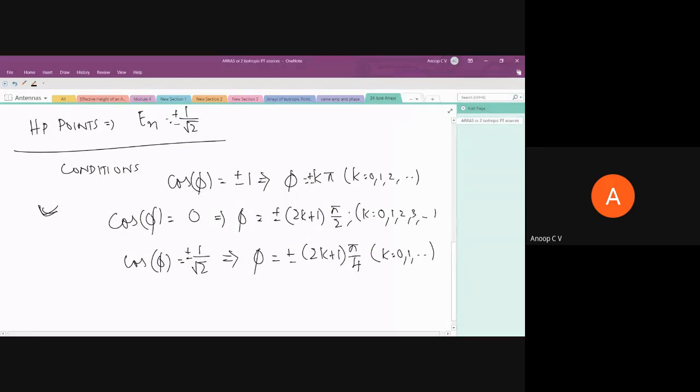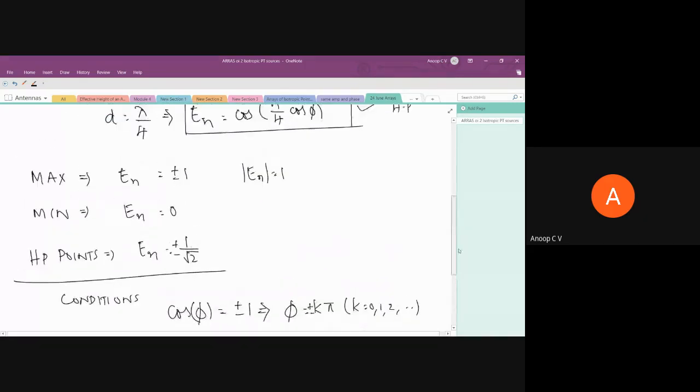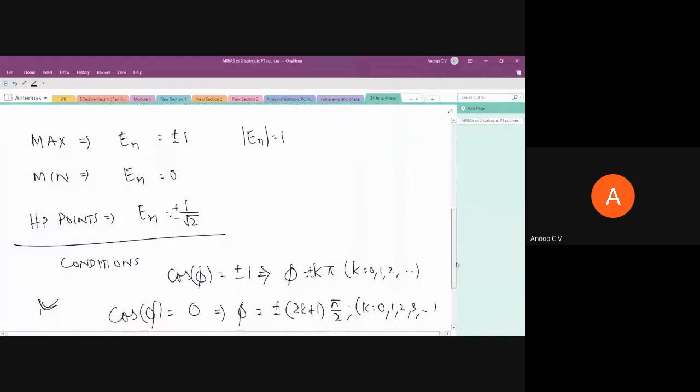A twist in the sense that if both the antennas are not fed with the same phase, then we have to add an initial phase offset later while finding the expression of field intensity, the field pattern. Otherwise, everything is going to be normal. So, any doubt in these things? These are the prerequisites or ground rules. Are you okay with these things?